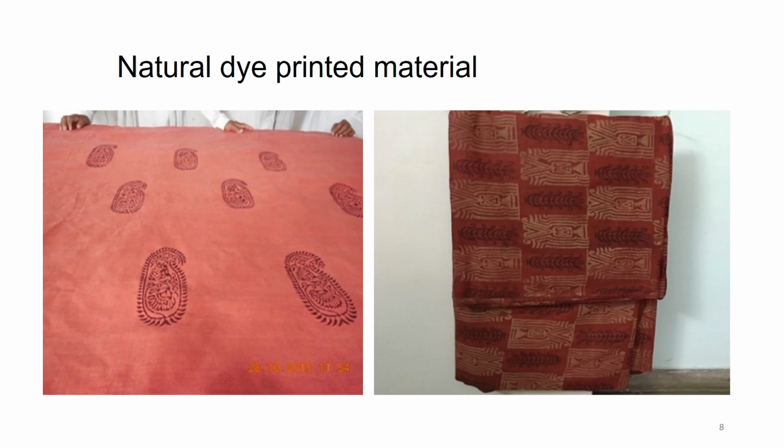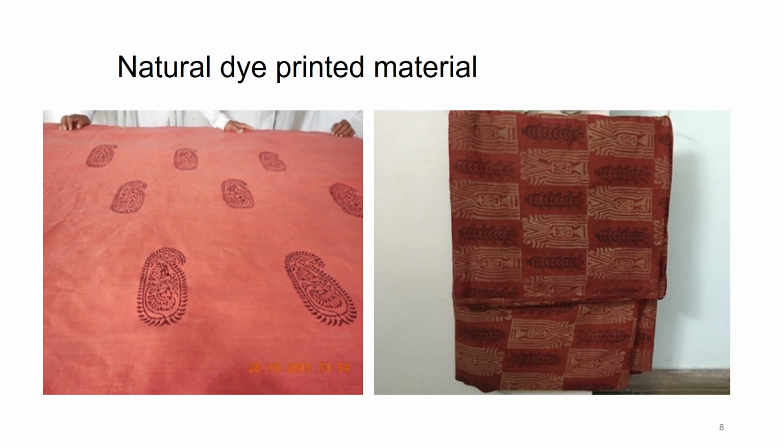Now, these are examples of block dyed samples. You will see that the block was prepared. First the fabric was dyed, and after dyeing a darker color of dye paste was made and blocks were immersed in that, and then the dyeing and printing were done one after the other.